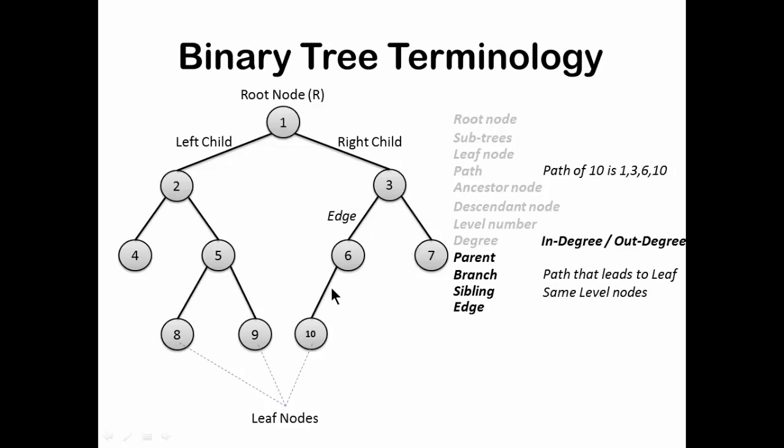The link that is connecting the 2 nodes is called the edge. Depth and height, it is the length of the path from the node to the deepest node. Or if I am talking about the height of the tree, then the length of the deepest node from the root node. So the deepest node from the root node is 1, 3, 6 and 10. 10 is the deepest node. So the number of nodes that we have are 4. So the depth or height here also is equal to 4. Similar trees are the trees with a similar structure but different values, and copies are the trees that are an exact copy with the same exact values.